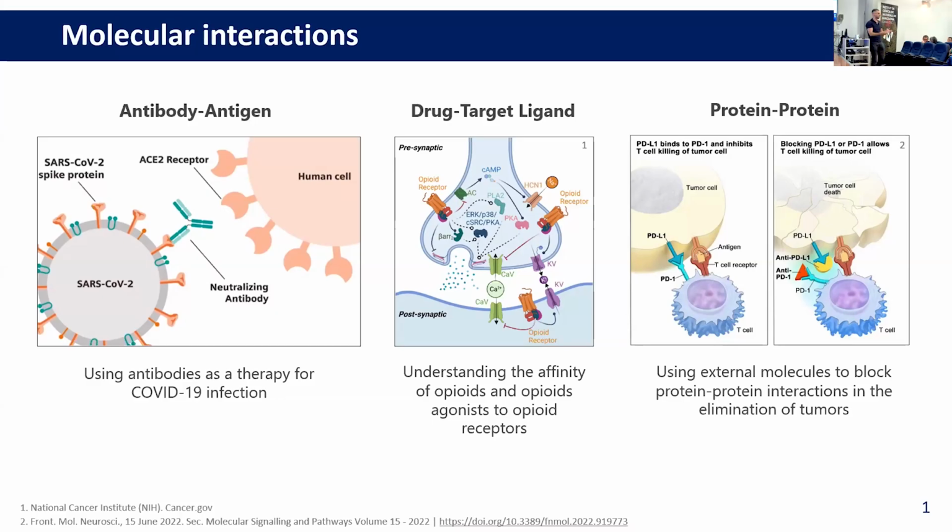Well, they are happening inside you. You cannot escape from molecular interactions. They are all the time happening. So, for example, in the treatment of COVID, some people were using antibodies to treat the COVID-19 infection. So that's a molecular interaction, of course. Also in the pandemic of opioids with all this topic of fentanyl in America and so on, there are also a lot of scientists trying to understand how different molecules bind to these opioid receptors.